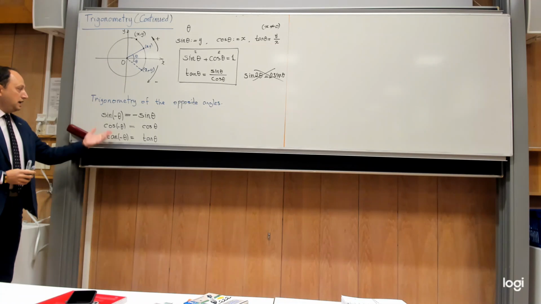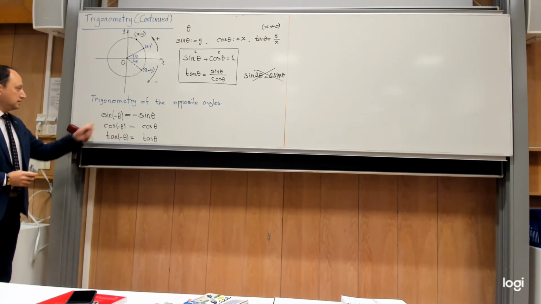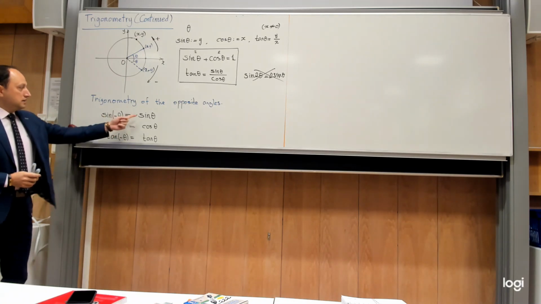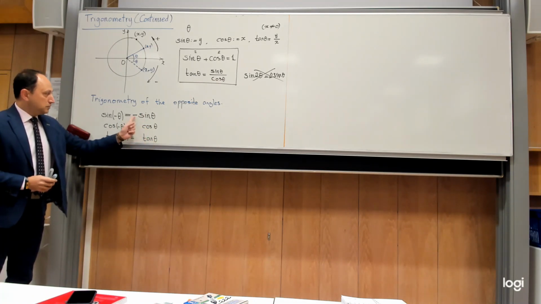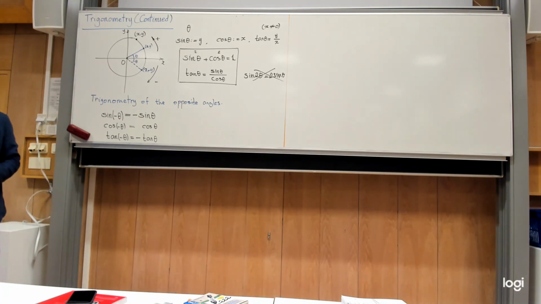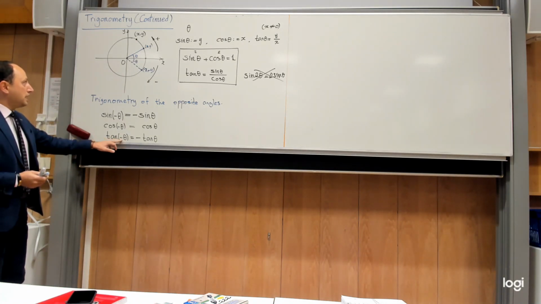Tangent of any angle is sine of that angle divided by cosine of that angle. So if I divide this by that, it becomes this. I can divide this by that. Sine divided by cosine is tangent, but I will have an extra minus sign, so that could be also a minus sign here, yes? Or if you don't like that, if I ask you what is tangent of minus theta,